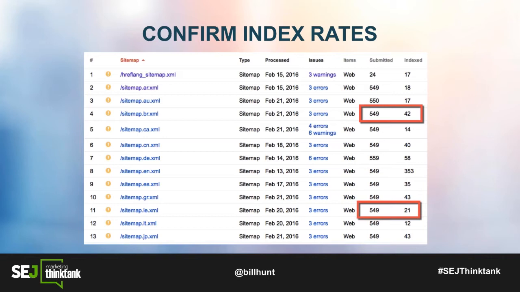The second thing I want to point out are the issues. Notice that for almost every single country, there were 3 errors. And that's really what caught my attention in this particular case: why does every single country have 3 errors? Some have a few more. But what we noticed is that the first 3 files in the XML sitemaps were files that were redirecting somewhere else. There was a URL and it was redirecting elsewhere. So imagine if you're Google, you come in, and the first 3 that you go to retrieve are actually redirecting. There's a high probability that more of them in that file are too.